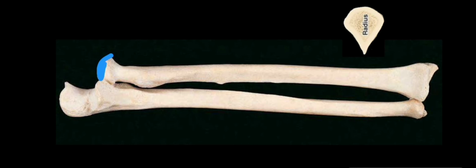It is a disc-shaped structure covered by hyaline cartilage to attach with the capitulum of humerus to form humeroradial joint, and its circumference, here is the circumference, is smooth. Medially it attaches with the radial notch of ulna. Remember this point, radial notch is present in ulna and ulnar notch is present in radius over here, and the rest of it is encircled by the annular ligament.